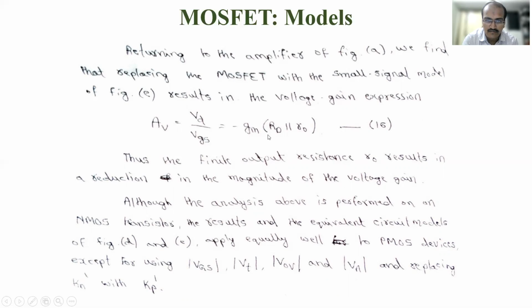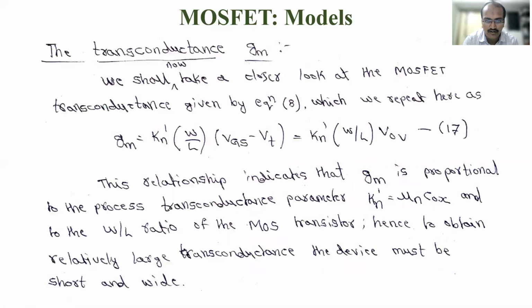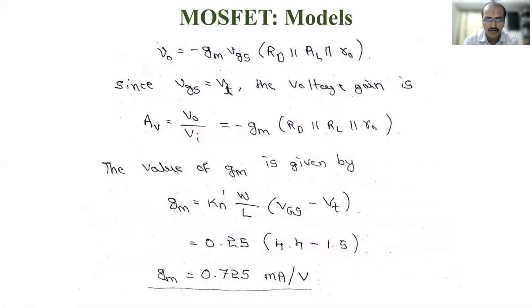And this VGS I will multiply with this, minus GM into VGS, and then RD is there, R0 is there, along with one new resistor that comes now in the circuit. What is that? RL has come, so that I have to include. Because of that, I have written this formula. Hope you understood why I write this formula. So V0, the output voltage, the drain voltage, equals minus GM into VGS.